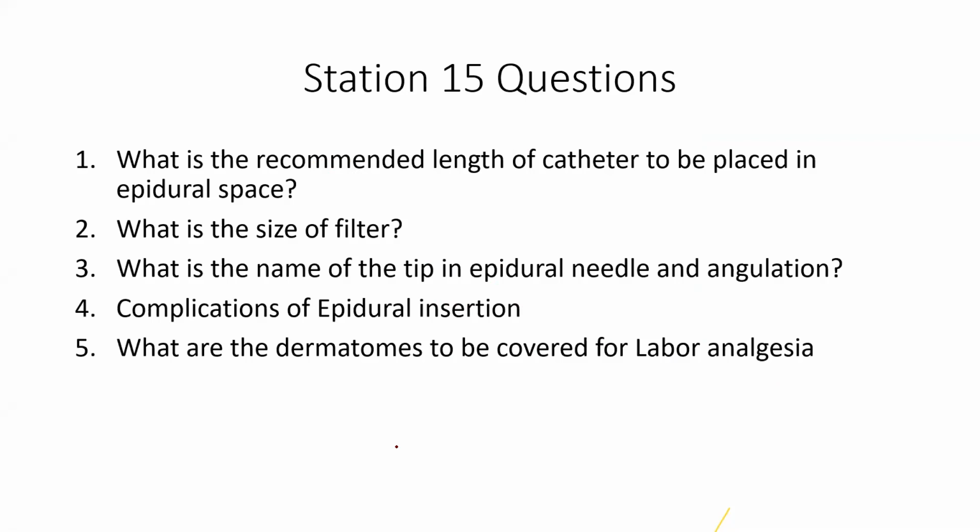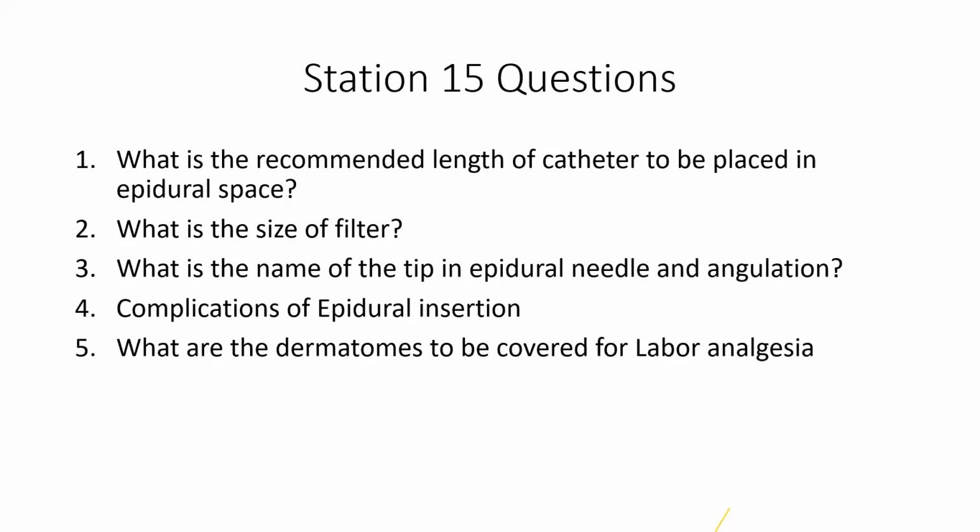Where is the person? So 5 centimeters, sir. Okay, it is 3 to 5 centimeters that is the recommended length you have to keep inside. So what happens when you keep excessive length inside? Coiling, sir. One, it can get coiled. Second, it can go to one foramen and produce a selective nerve block rather than epidural analgesia. Good, it can become unilateral.